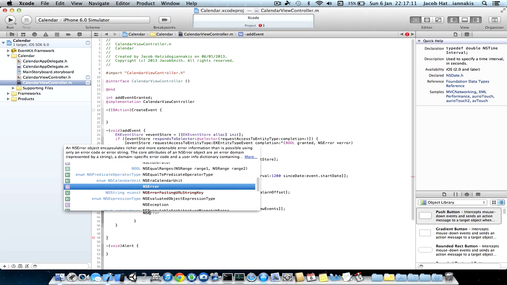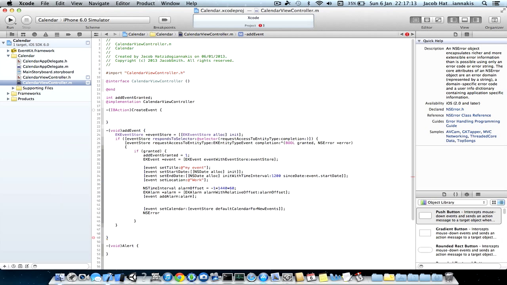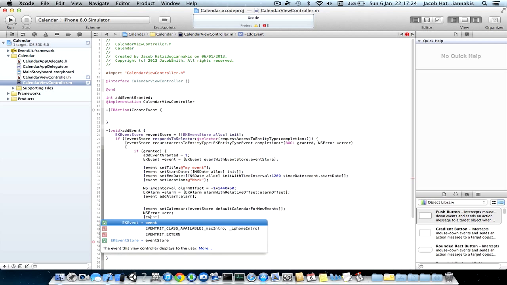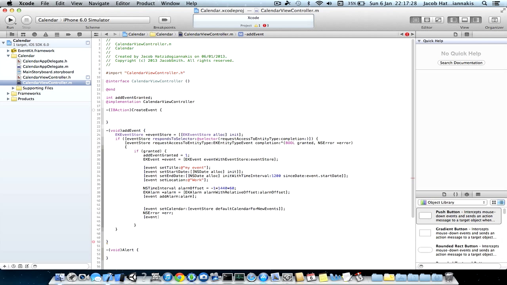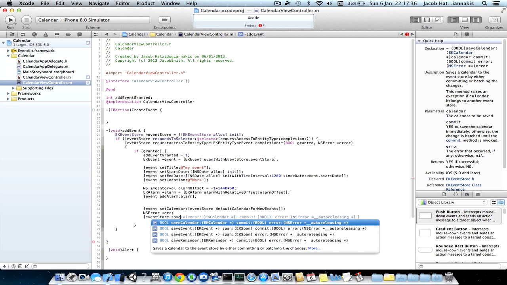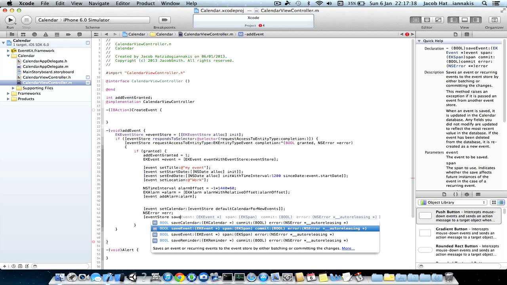NSError *err; semicolon, [eventStore saveEvent, and do the